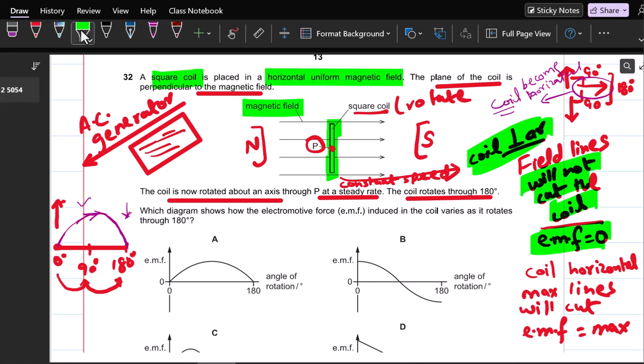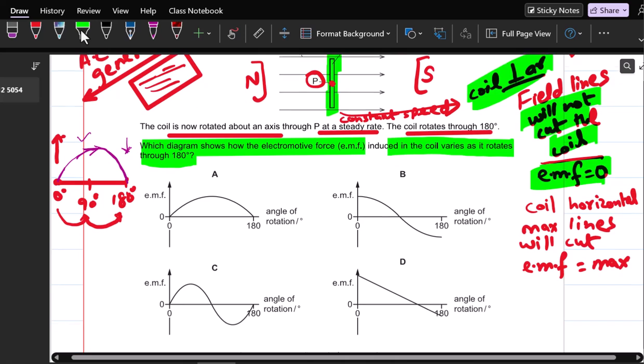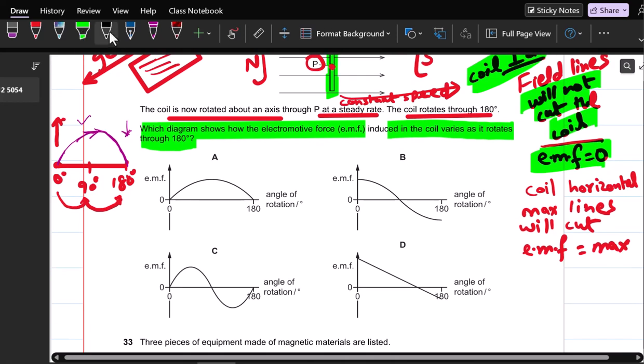Now let's see what they are saying. Which diagram shows how electromotive force induced in the coil varies as it rotates through 180 degree. तो बेटे जब भी इस तरह की रोटेशन आ जाए हमारे पास मोस्टली ग्राफ का क्वेश्चन आता है, तो आप देख सकते हैं ए इज राइट ऑप्शन, बी भी राइट हो सकता था।